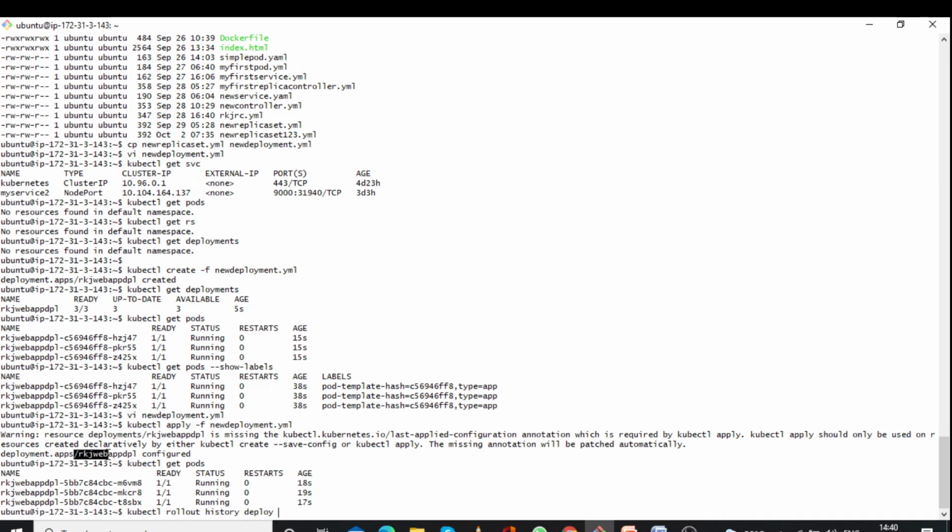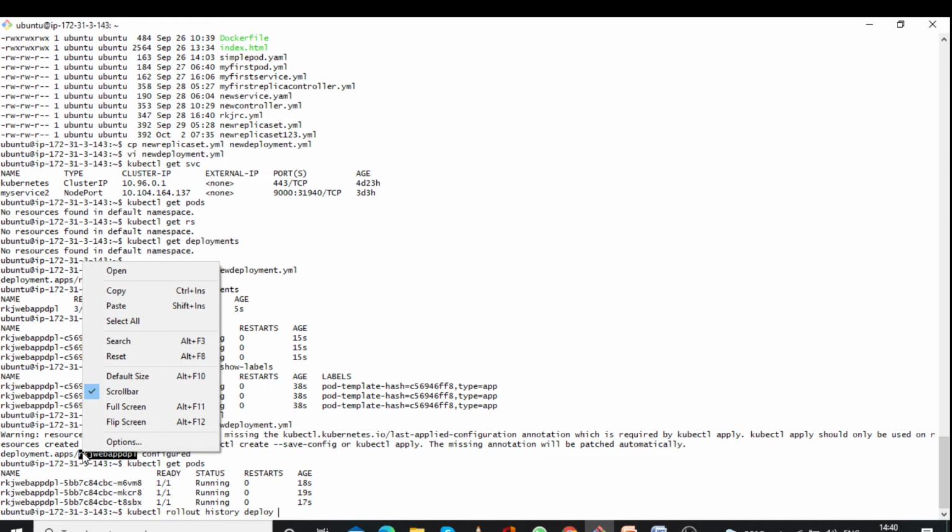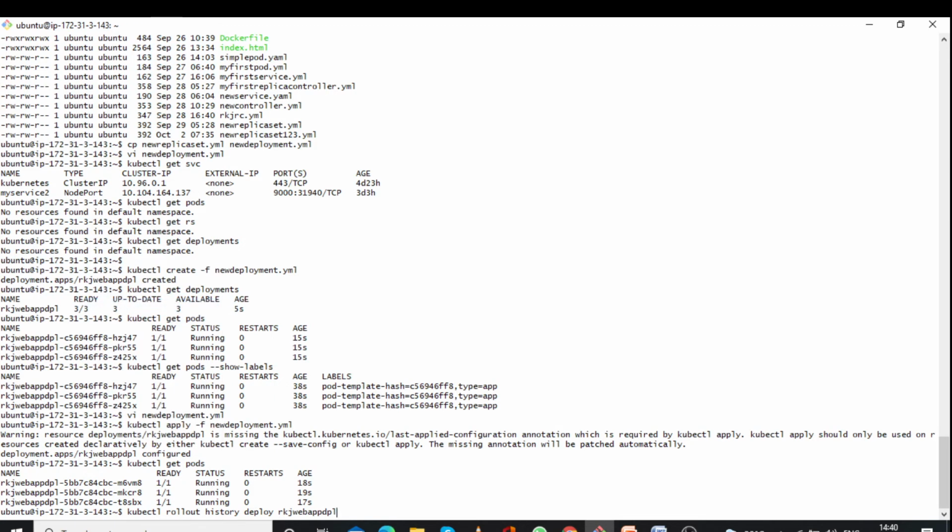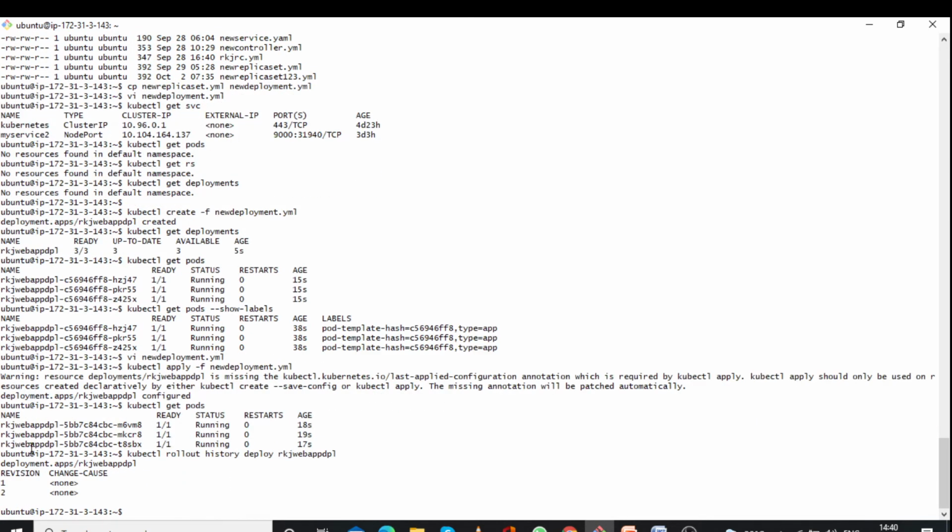Deployment name is this one. You can see we have deployed 2 times, 2 versions. Okay, revision 1 and revision 2. So now we are in revision 2.